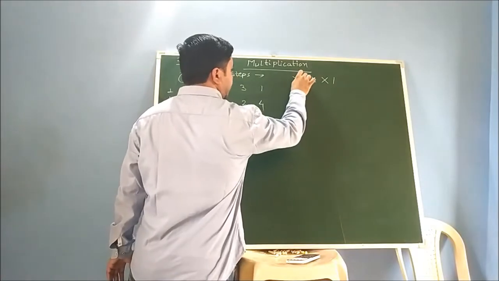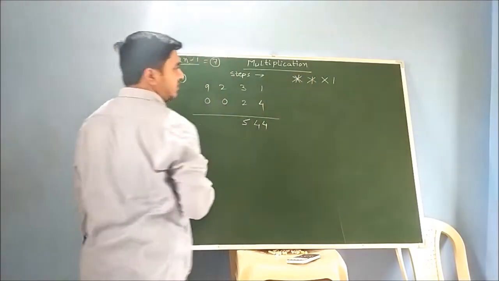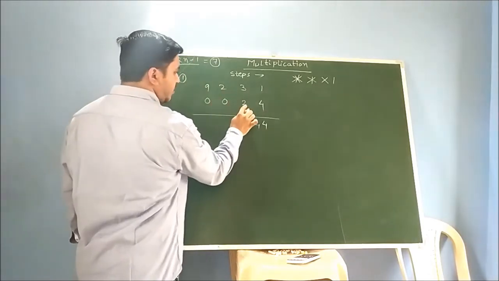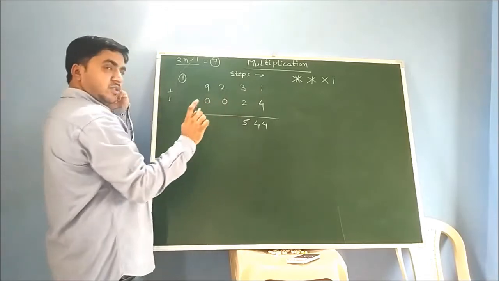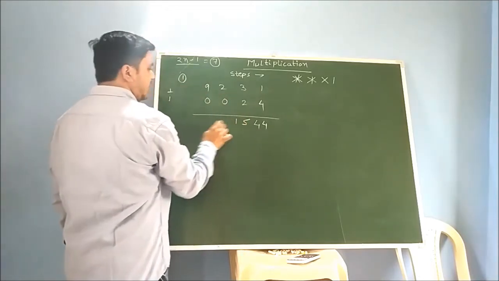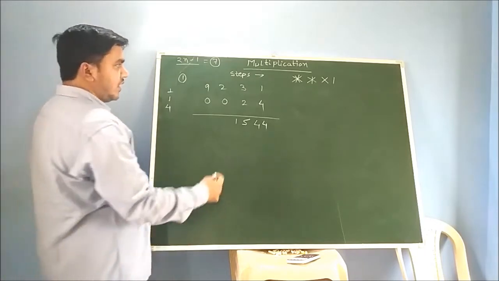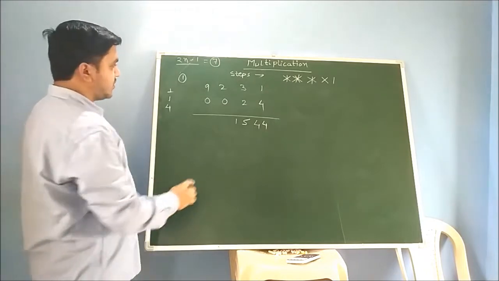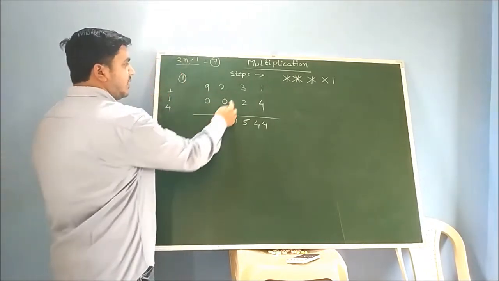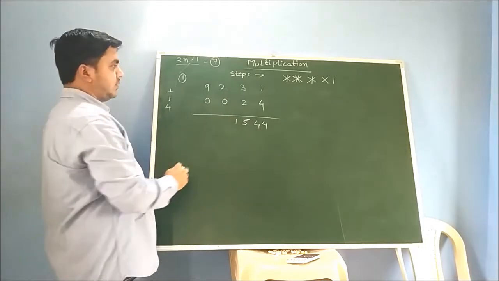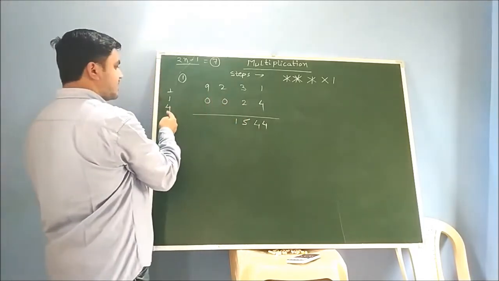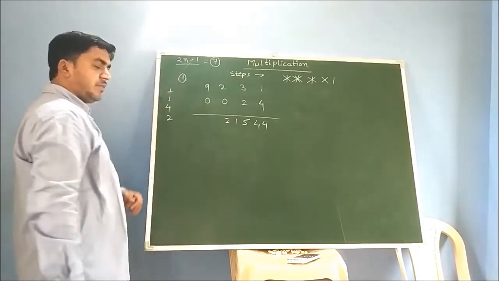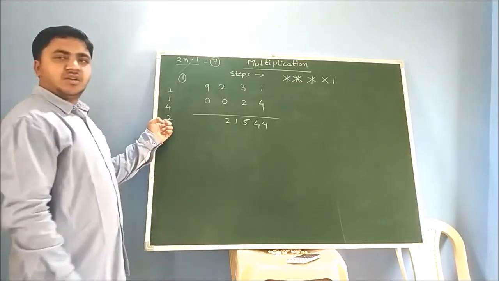And fourth step, you have to do 2 cross multiplications. Means what? 9 into 4 is 36, 1 into 0 is 0, 2 into 2 is 4, that is 40, and this 3 into 0 is 0. So 40 plus 1, that is 41. Balance is 4 now. And fifth step क्या रहेगा आपके पास? Again you have this trio multiplication. So this 9 into 2 is 18, 3 into 0, 2 into 0 is 0. 9 into 2 is 18, 18 plus balance 4, so that is 22. So 2 is there and balance is 4 I have.